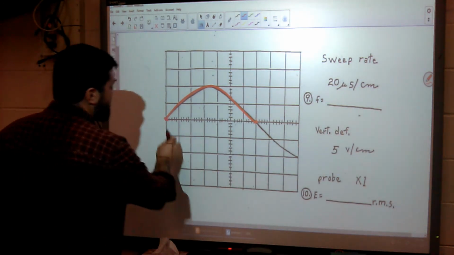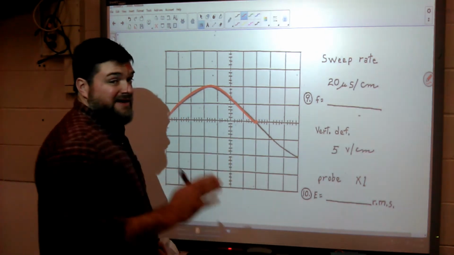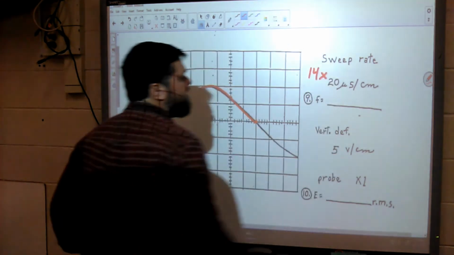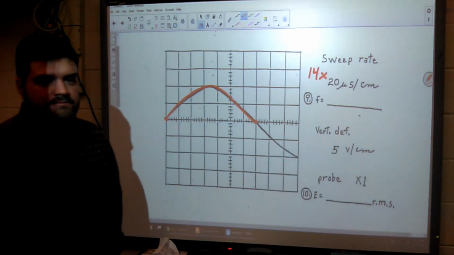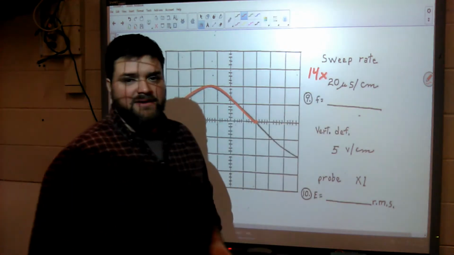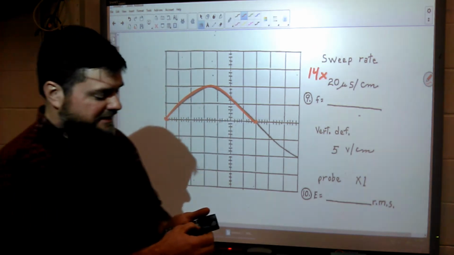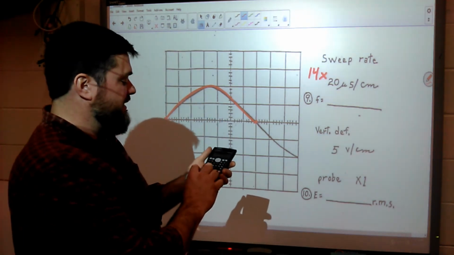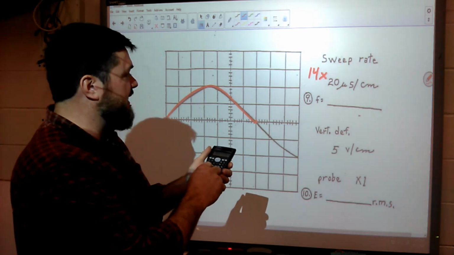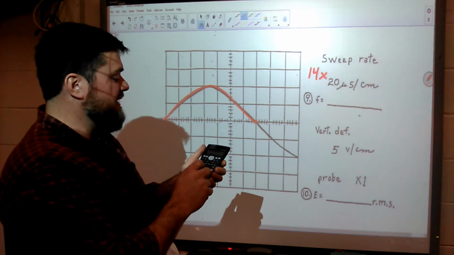Okay, so what do we say? 1, 2, 3, 4, 5, 6, 7 wide for half of it, which means the whole thing is 14 squares wide. Okay? So this says microsecond. Remember, micro is exponent -6. So with your calculator, we're going to put in, and I got to keep it in the light too because it's kind of dark the way I got to film this. 14 times 20 exponent -6 equals,